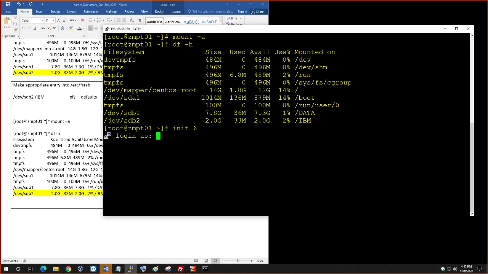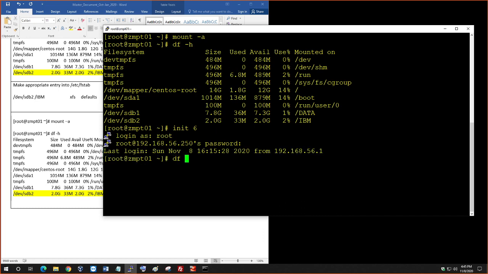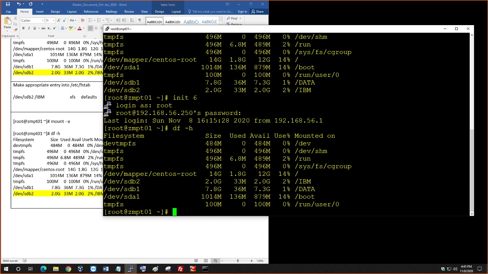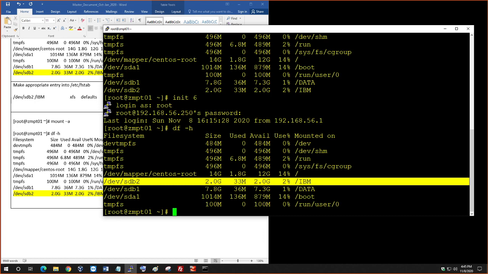Okay. Let me do df -h and the system rebooted and IBM is mounted here. Okay. So now